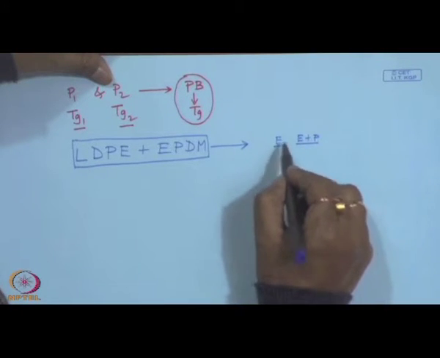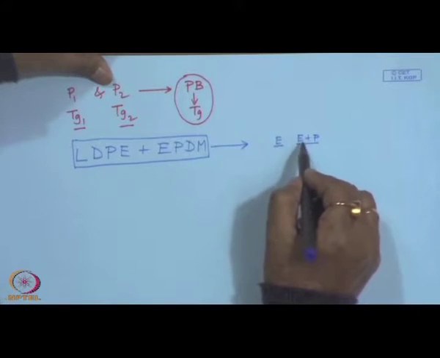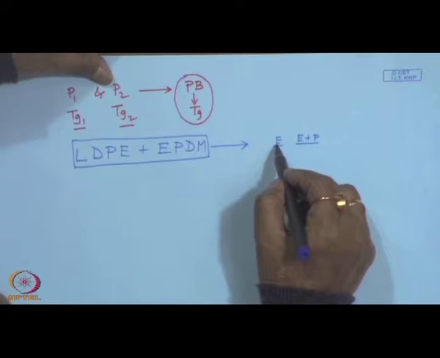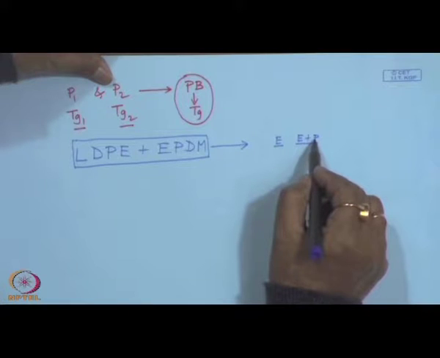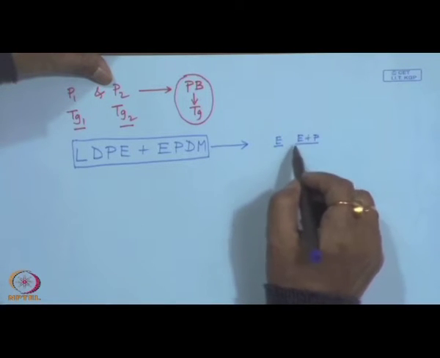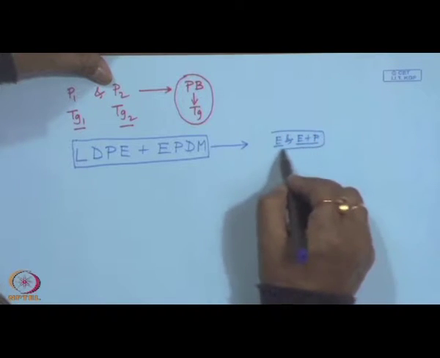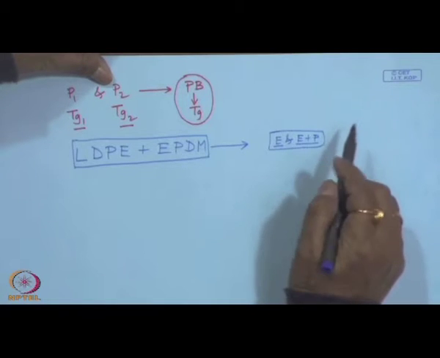So polyethylene is supposed to form good interaction with the ethylene units of the ethylene propylene copolymer, and since the propylene unit is also a hydrocarbon, the ethylene units of the LDPE will also have good interaction with the propylene. So this kind of blend of LDPE and ethylene propylene copolymer gives a good synergistic effect.